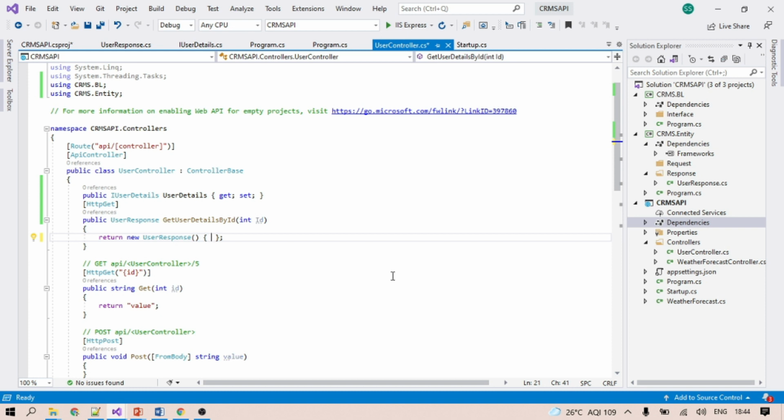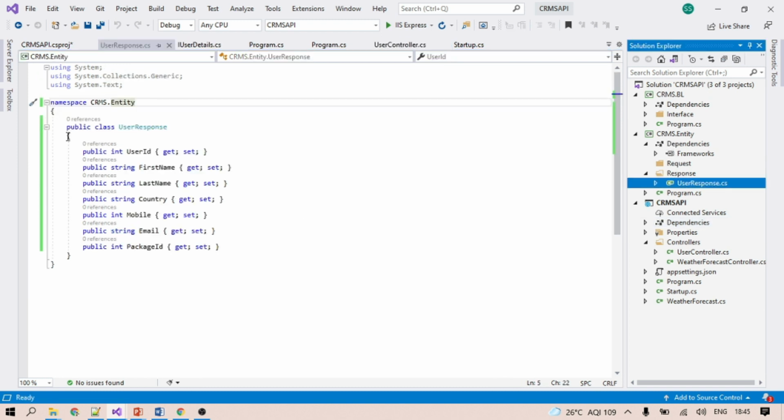Afterwards we will understand more. Whatever structural data we created in the entity, this user response is coming from this entity class, user response. This and that one are the same.